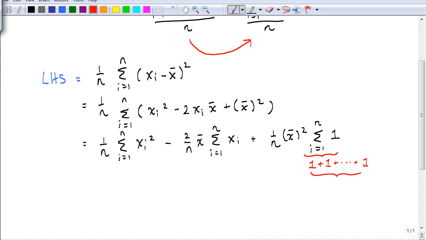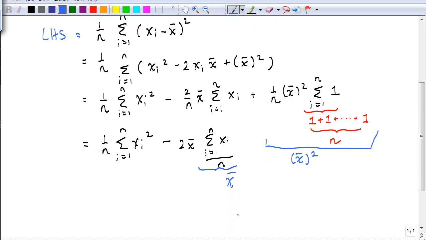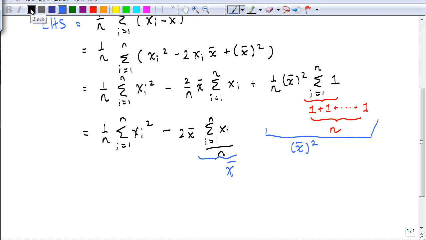So how many 1s do you have? You have n, so you will actually have n here. In fact this part will be reduced to x bar squared, which is wonderful. For the earlier first term here, it will remain the same. In fact, this is a part of the formula that we're trying to show already. Now, you realize that in the second term, the summation of xi from i equals 1 to n divided by n, this part here is your x bar. So what you are left with will be,